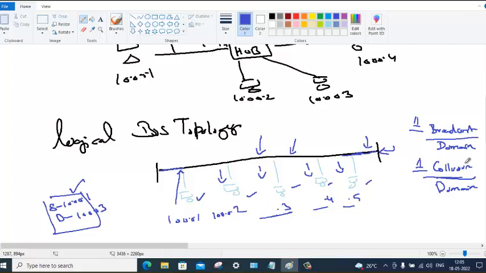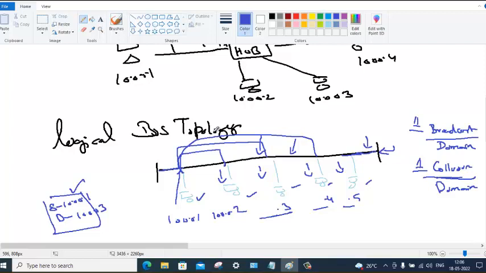Hub will always broadcast, because there is only one path to speak to everyone. See, if you have a separate path to reach this computer, this computer, and this computer, then you have separate collision domains. To avoid collision, you have a separate route.